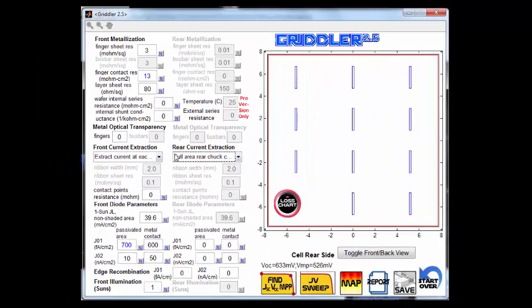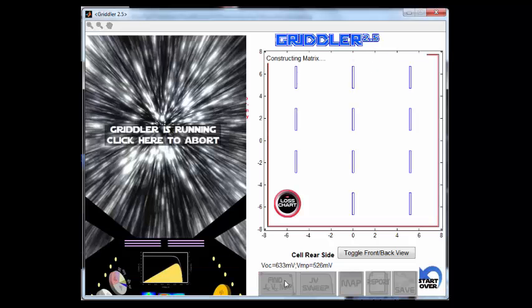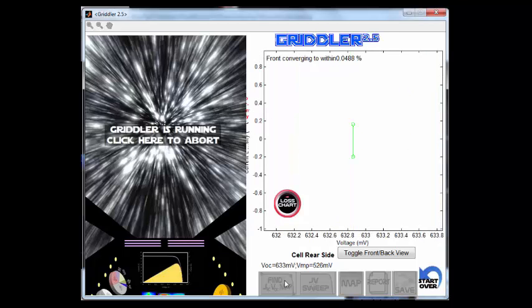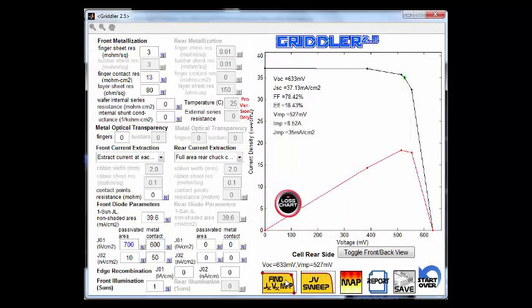If we do it this way, then literally the rear boundary condition is that 0 millivolts is applied to every single node on the rear plane, so that practically every node is itself a current extraction point. If we run the IV curve under this condition, again we get some slight gain in the fill factor, and now it's